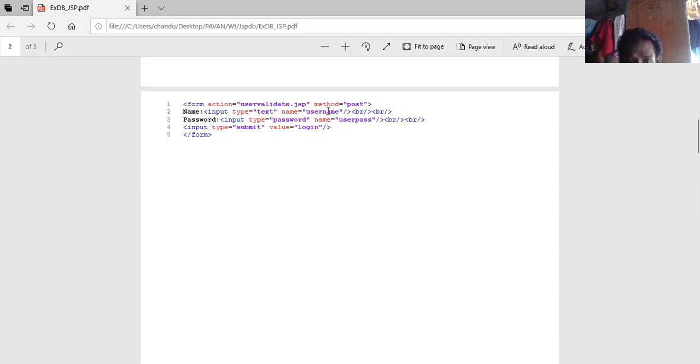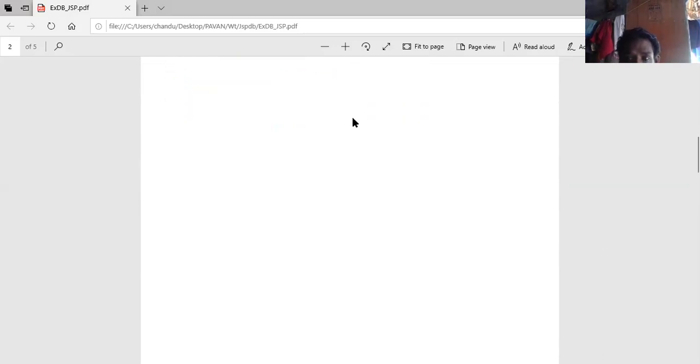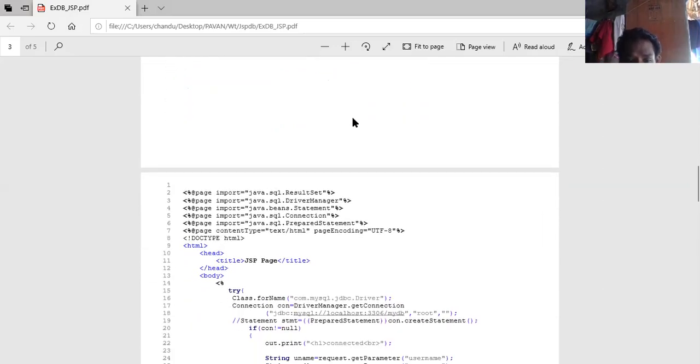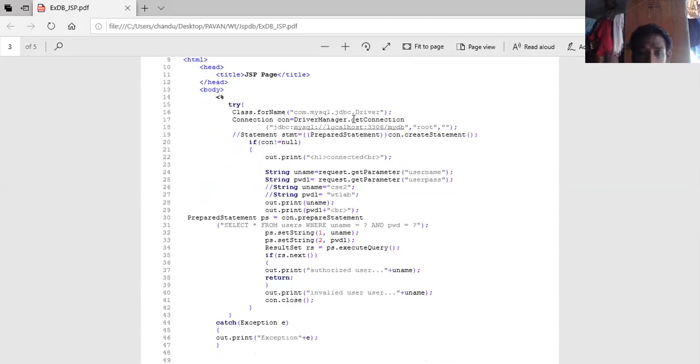I need to retrieve them in the next page. With out.println, I just want to print those values, to check whether I am retrieving them or not.